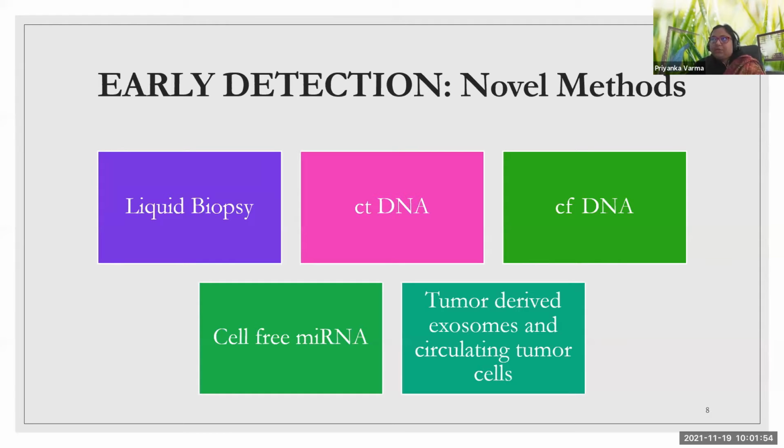So, that brings me to the topic of early detection. What are the methods which are being utilized or researched for early detection? As I said, with the advent of new technology in genomic analysis, there has been an unprecedented interest over the last decade in identifying biomarkers through liquid biopsy of all the categories mentioned above to facilitate earlier detection of cancer, preferably before the cancer metastasizes.